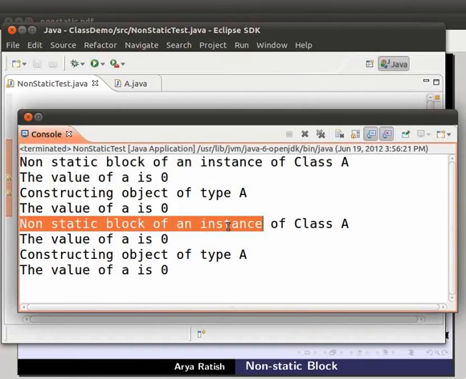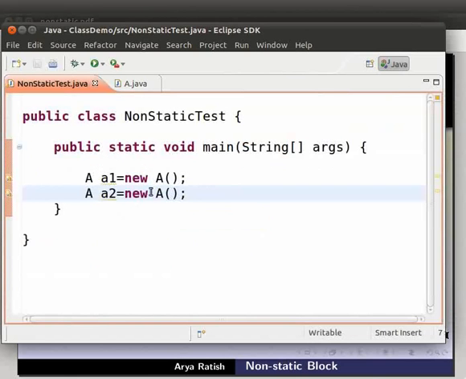This process is repeated. We can have multiple non-static blocks in a class. In this case, they execute in the sequence in which they appear in the class. We can try that now.